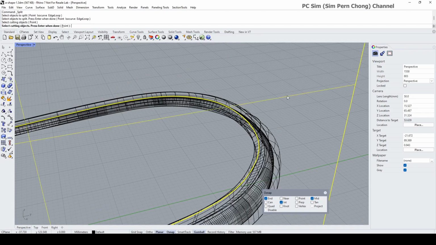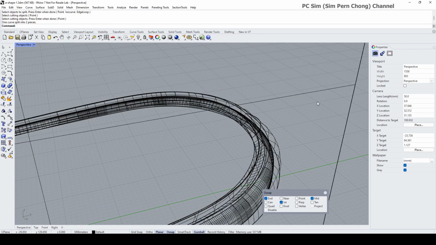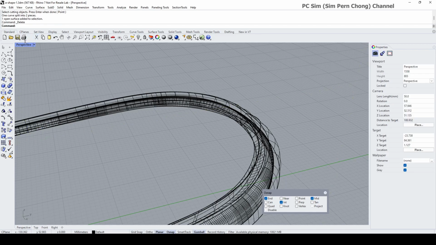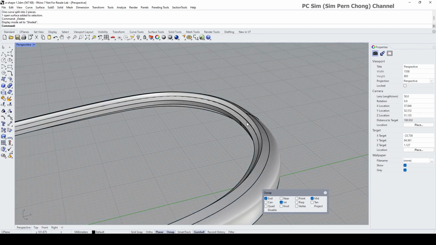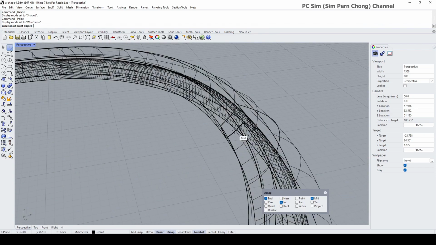I think the cutting object will be this. Okay, I don't need this anymore. Okay, split it into half. So to make it easier for you to see, I can put a point. If for some reason I cannot do it in this way,